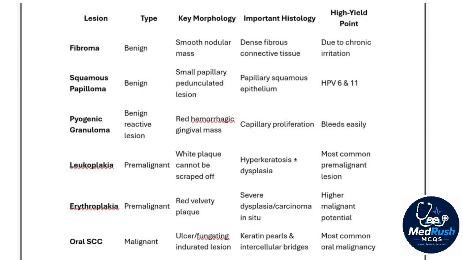Histologically, severe dysplasia or carcinoma in situ is commonly seen. Finally, oral squamous cell carcinoma is the most common malignant tumor of the oral cavity. Grossly, it may appear as an ulcer, fungating mass, or indurated lesion. Microscopically, keratin pearls and intercellular bridges are characteristic findings. So these are the most important benign,